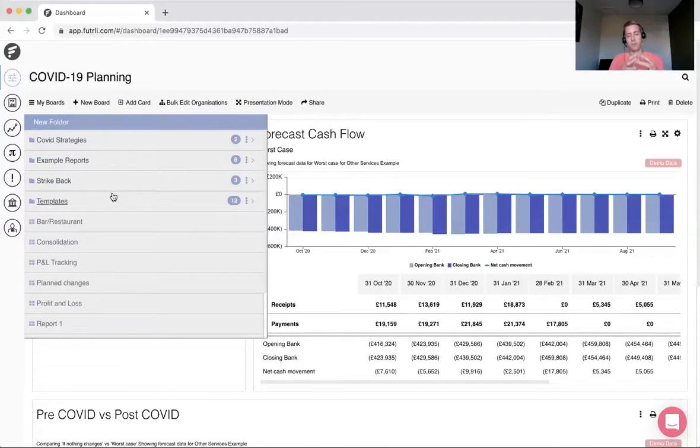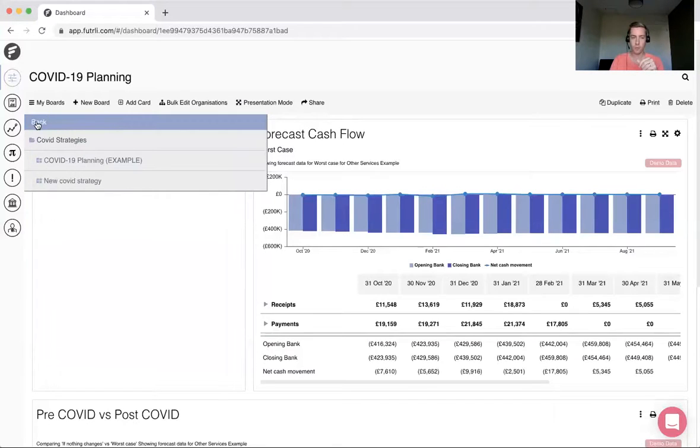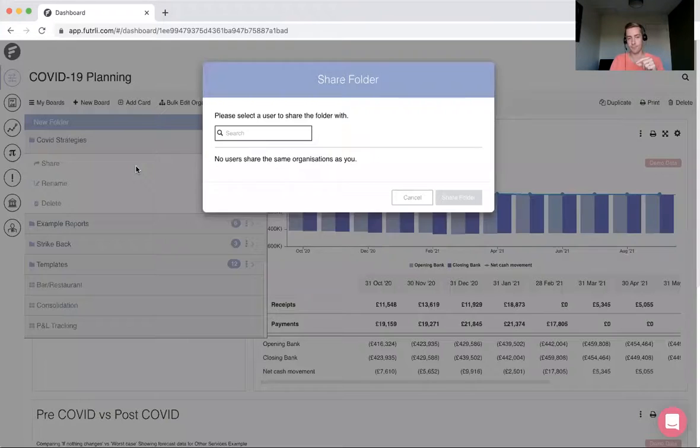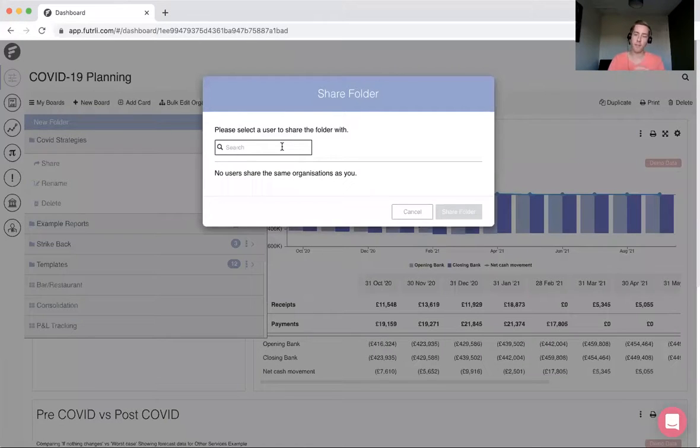If you create a folder like this and you want to share that folder with another user, we can share it rather than doing them individually. I'll go back by clicking on the three dots, not the arrow, and then click share. That will share that folder with the particular user you stipulate. However, sharing it this way will share the folder as a copy. So they'll have the folder in their account. It'll be exactly the same, like I said. But if you then go in and update your